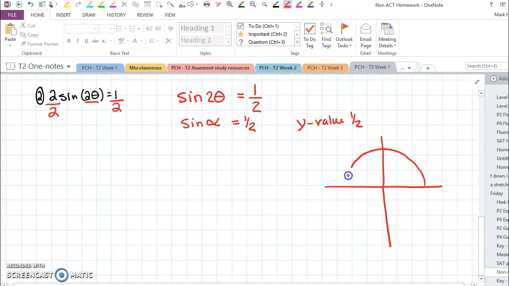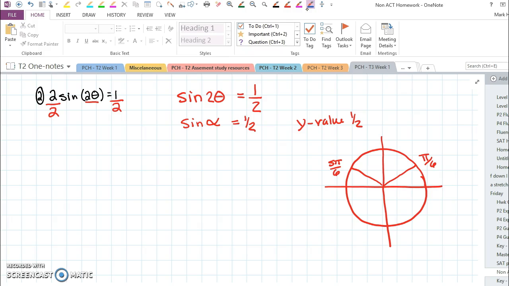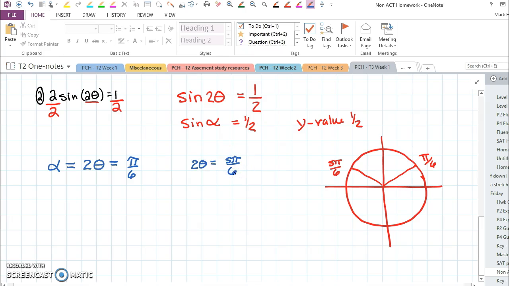Well, on the unit circle, that's here and here. Pi over 6 and 5 pi over 6. That means that alpha, which is the same as 2 theta, equals pi over 6, and also 2 theta equals 5 pi over 6. But that's just one single solution. We can go around this circle